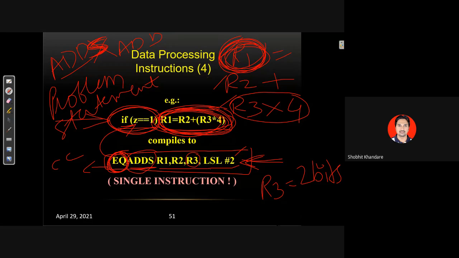R3 पे। आपको पता है हर रजिस्टर का साइज 32 बिट का है, तो मेरा R3 भी 32 बिट का है। उसके कंटेंट को मुझे लॉजिकली शिफ्ट लेफ्ट करना है, 2 बिट से।